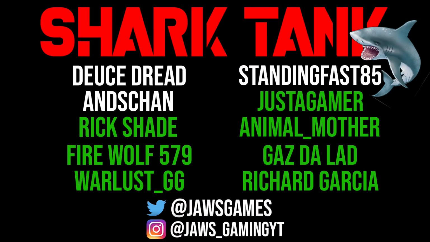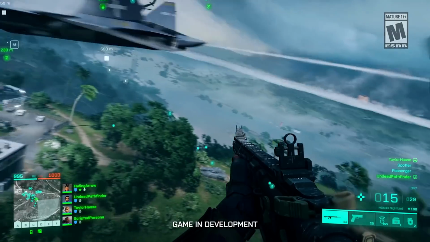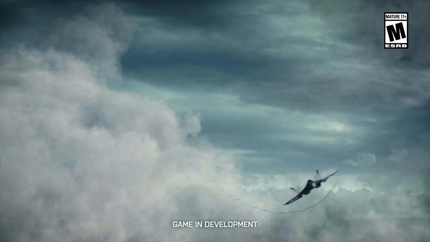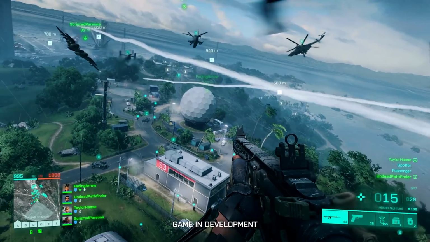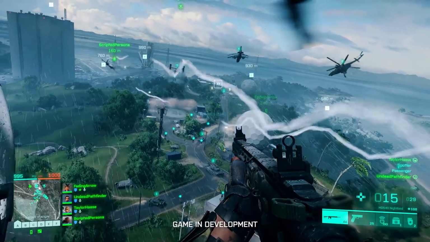So like I said, one hot minute of gameplay, and it begins with an introduction from the jet scene in Battlefield 2042's reveal trailer. It cuts straight into gameplay, and the transition is fan-freaking-tastic. Now we get an overall shot of a group of helicopters and some condors approaching several objectives in this